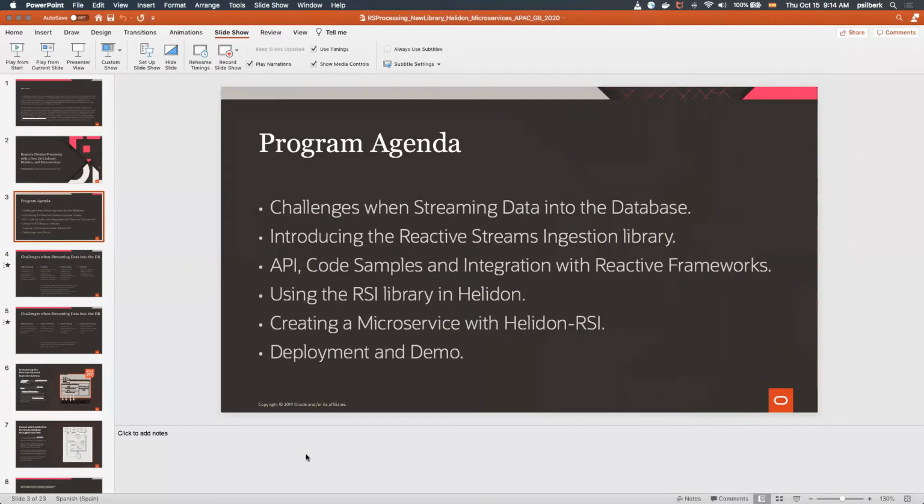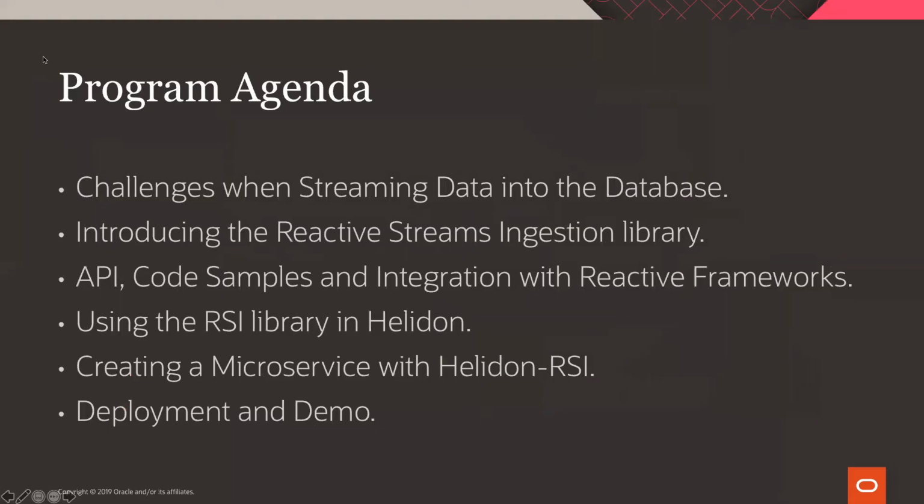So here is the agenda of what we are going to talk about. We are going to talk about the challenges when you're streaming data into the Oracle database. We are going to talk about this library that we built to address those challenges. We're going to talk about the API of the library and see some code samples of the library and how we integrate it with other frameworks.